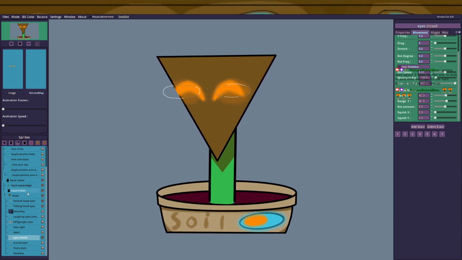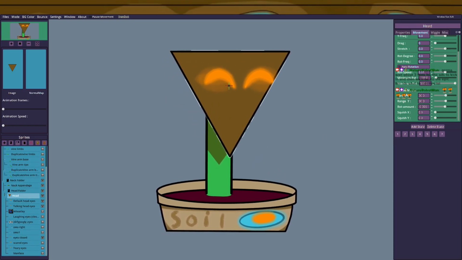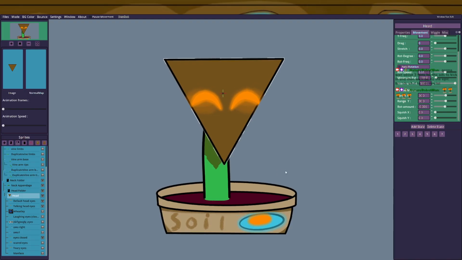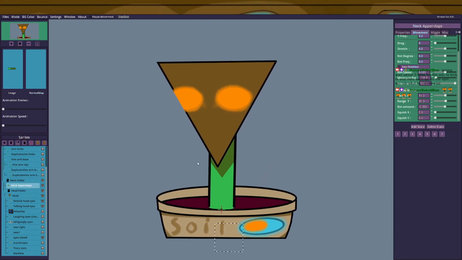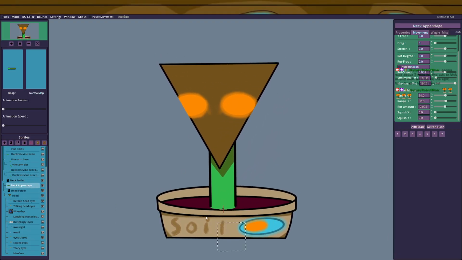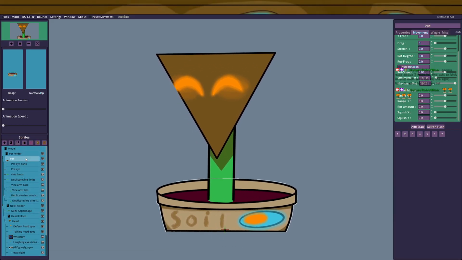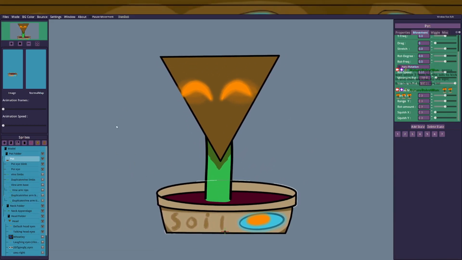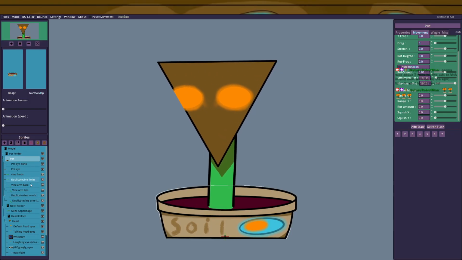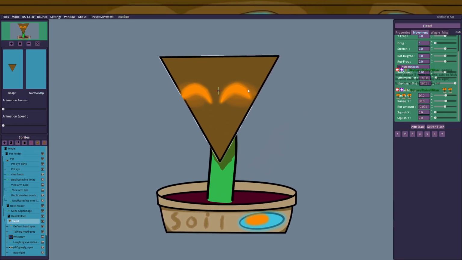So I pretty much have some sort of follow mouse setting on all of my pieces here, even the neck. The only thing I don't think has any is the pot itself. But yeah, the head has the